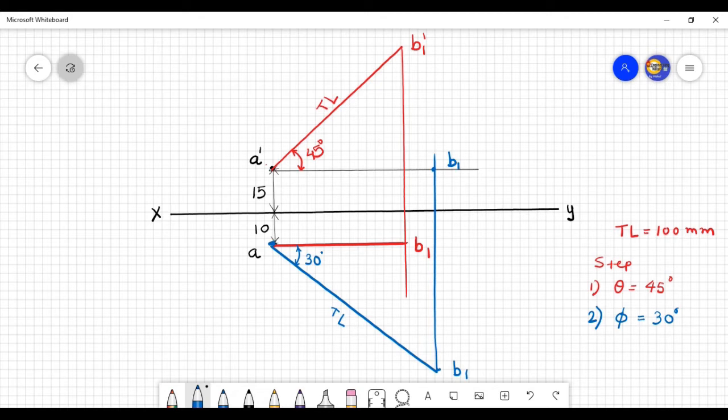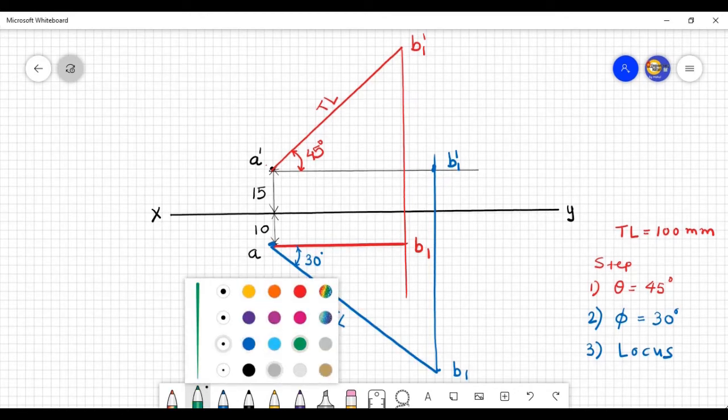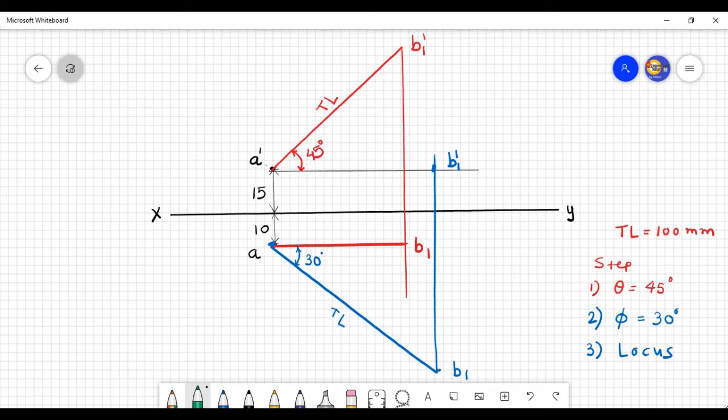This is the top view for the second step, and from the top view we construct the front view projection when the line is parallel to HP. This front view projection I denote as B1 dash. Now, this is all about the two steps into which we have to divide this problem, and then we have to apply the locus concept. Where the locus will pass, you have to go through the theory part, and based on that let's locate the locus for the front view projections as well as the top view projections.